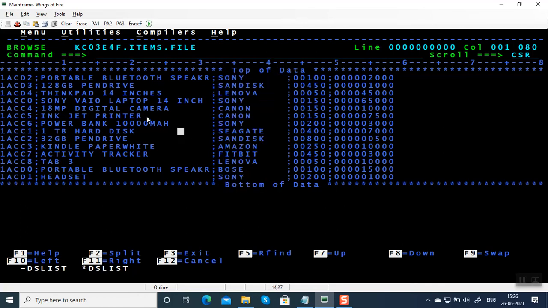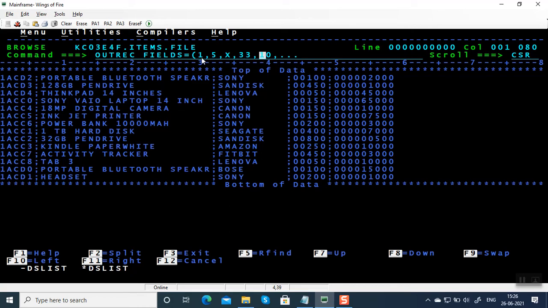Let's copy these two. For copying these two, you have to write OUTREC FIELDS equal to 1,5, comma. If you want to add a space in between these two columns in the output file, you have to give X, only one space, and 33,10. Here 1,5 denotes the starting position in the input file and the length of the field in the input file. Here 33,10 denotes 33 is the starting position of the field in the input file and 10 is the length in the input file.